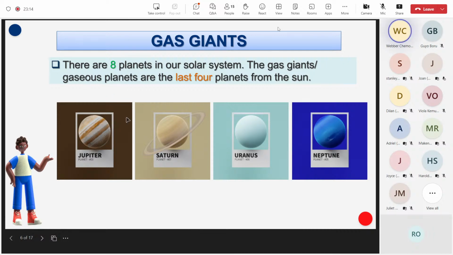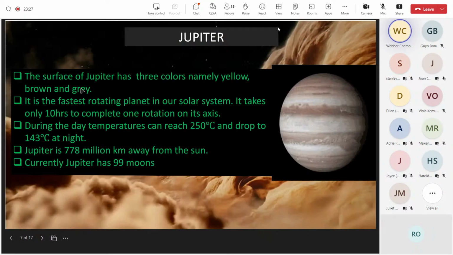In between, you have the asteroid belt, and then you cross over to Jupiter, Saturn, Uranus, and Neptune. So the last 4 planets are the gas giants. Now, narrowing down to each of the planets, and starting with Jupiter, the temperatures